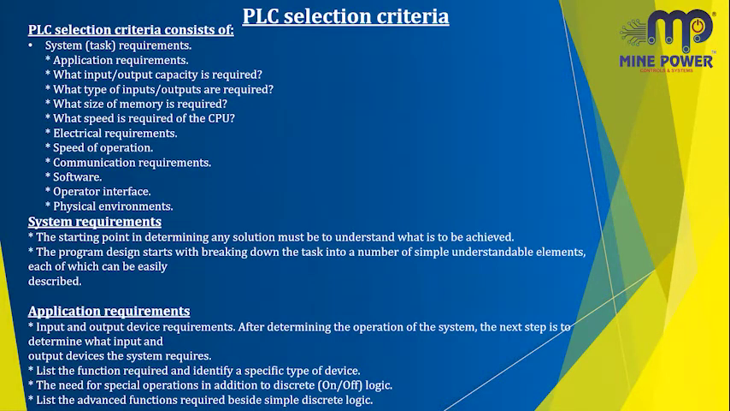The PLC selection criteria is the most important thing to do. PLC selection criteria consist of the following requirements. The first requirement is system tasks and application requirements, and how many inputs and outputs we are going to use, which decides the type of PLC we select and what type of inputs and outputs are required. Inputs are basically push buttons, sensors and selector switches, and the output is based upon the motor and